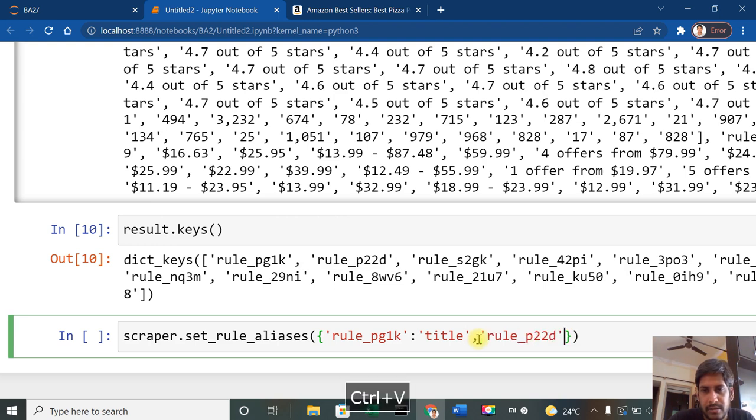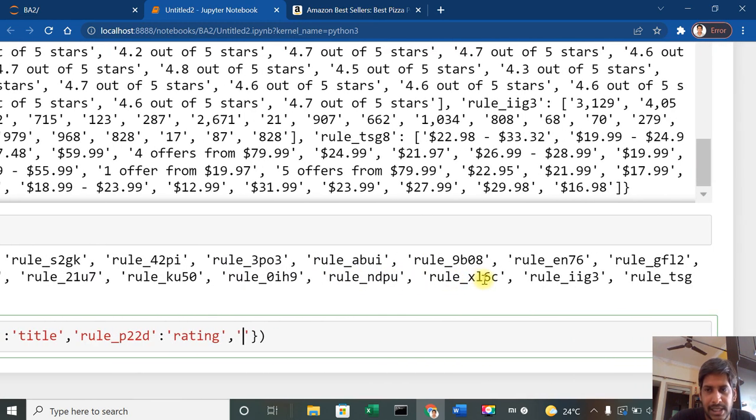The second rule is review, right? Rating, sorry, rating. And the last but one rule, because these rules have been repeated, as I said, this rule is the number of reviews, comma. The last rule which we have,